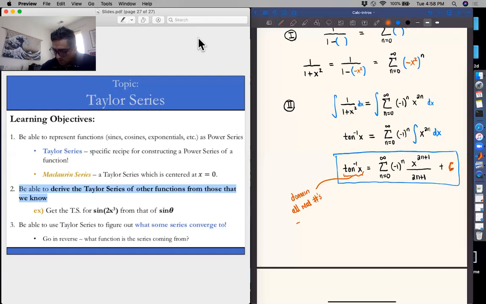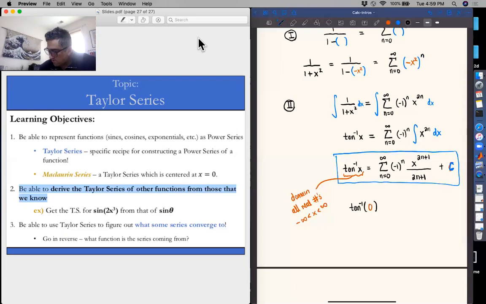In other words, we can put in any number x between positive and negative infinity, and that left-hand side is happy to accept it, which means the right-hand side must also have a domain of all real numbers. But in particular, one of those numbers is going to be very nice for us to figure out what that plus c is. So for example, if we evaluate the arctangent of 0,